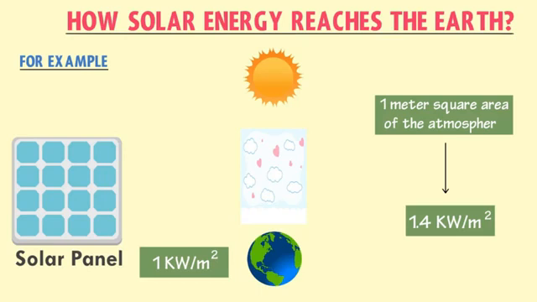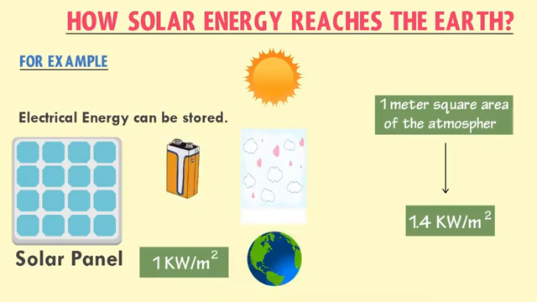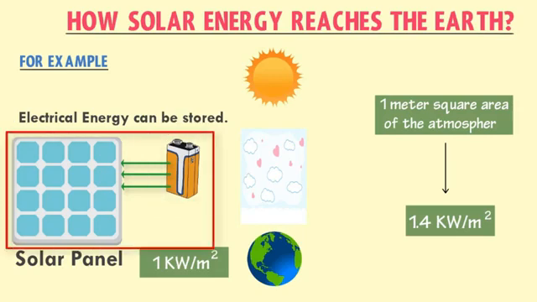For cloudy days or nights, electric energy can be stored during the sunlight in nickel-cadmium batteries by connecting them to solar panels. These batteries can then provide power to electrical appliances at night or on cloudy days. Solar cells are expensive, but they last for a long time and have low running cost.